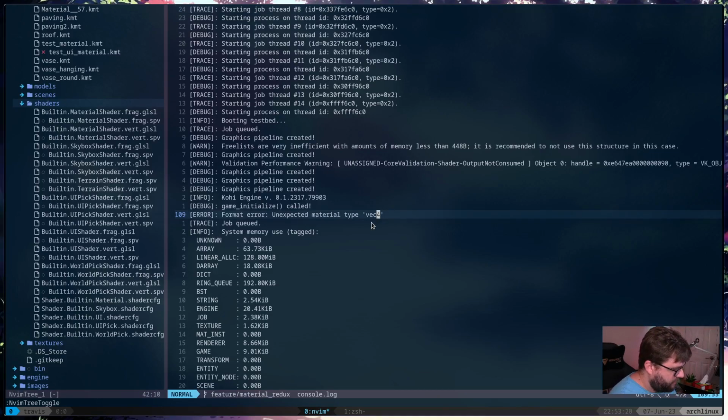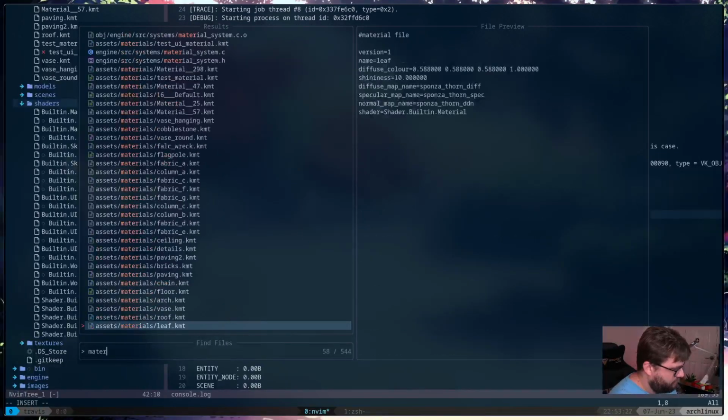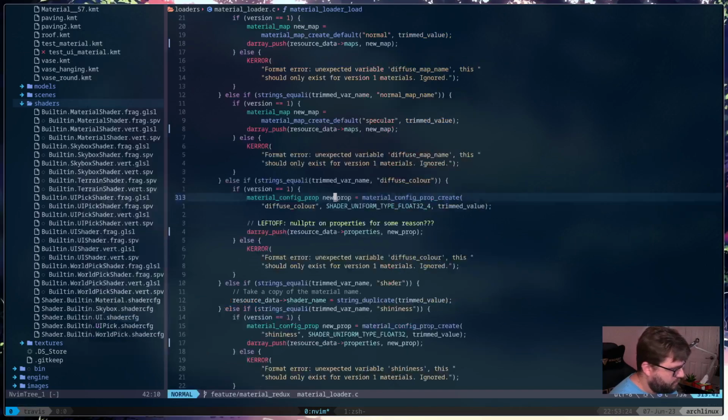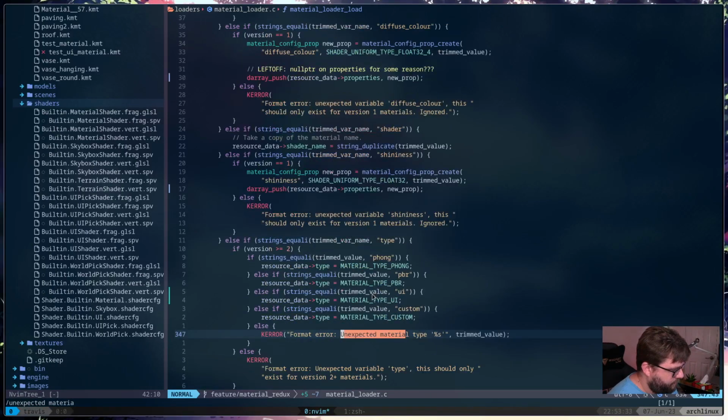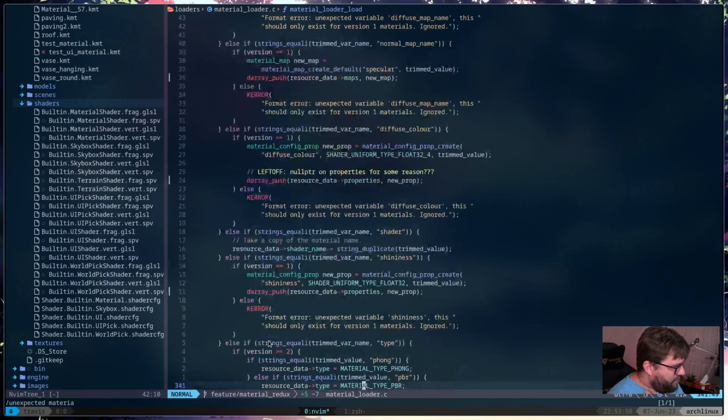That's really bizarre. Unexpected material type vec4. What material is that for?